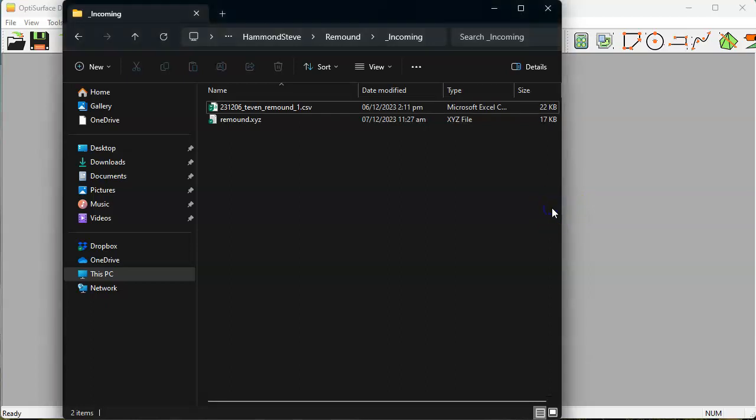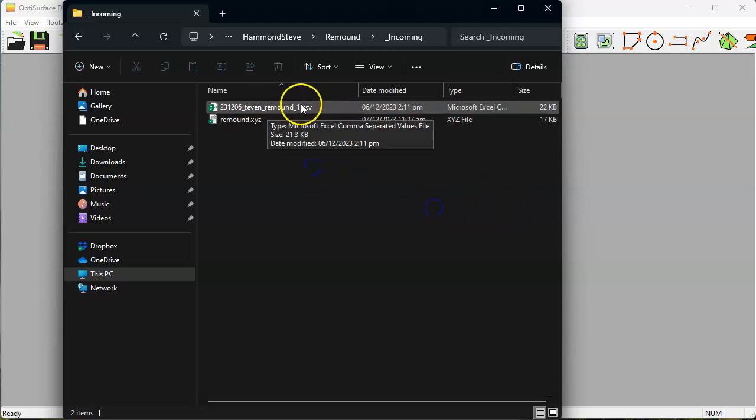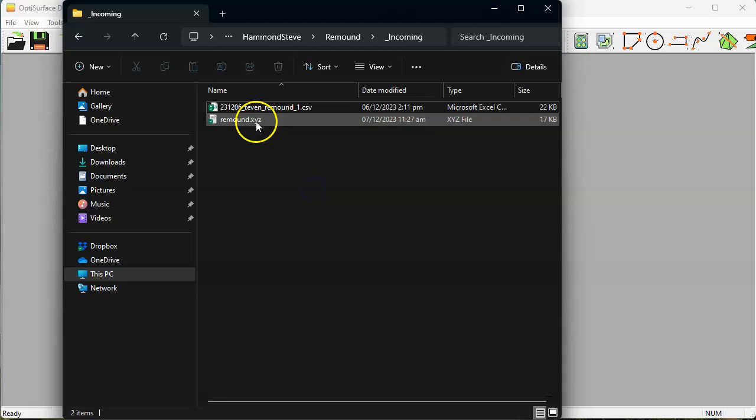Hi, Ed Forondo here from OptiSurface, and I'm going to demonstrate how you can import a CSV file with UTM eastings, northings, and elevation, and how you can convert that into an XYZ file, which can be imported directly into OptiSurface Designer. So first is,